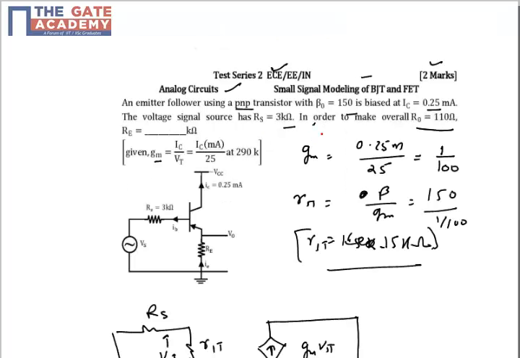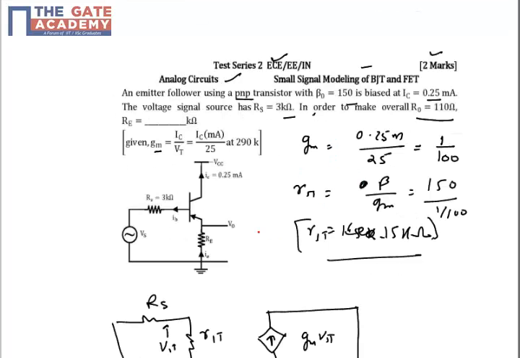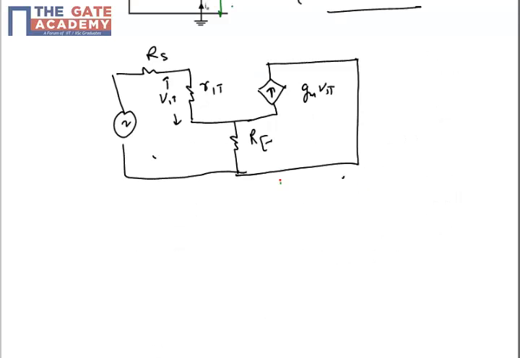And the question says to calculate the output resistance, ensure that the output resistance is 110 ohm and calculate the value of Re for that. So the output resistance I need to calculate, and we are dealing with the common collector configuration in which the output resistance is across the emitter terminal. So I will calculate the output resistance here at the emitter terminal. So how do we calculate any equivalent resistance? We short circuit the independent voltage source,